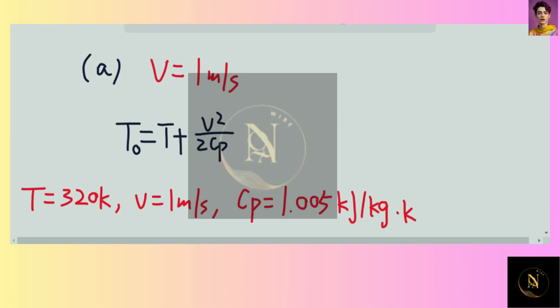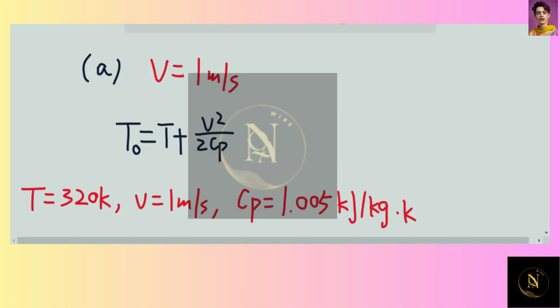Okay, so the temperature that a stationary probe will actually read is the stagnation temperature. So when the velocity is equal to 1 meter per second, we'll have T0 is equal to T plus V squared over 2Cp. We know T0 is the stagnation temperature we're looking to determine. T is the static temperature, which is given as 320 Kelvin. V here is 1 meter per second, and we know that the specific heat of the air at a constant